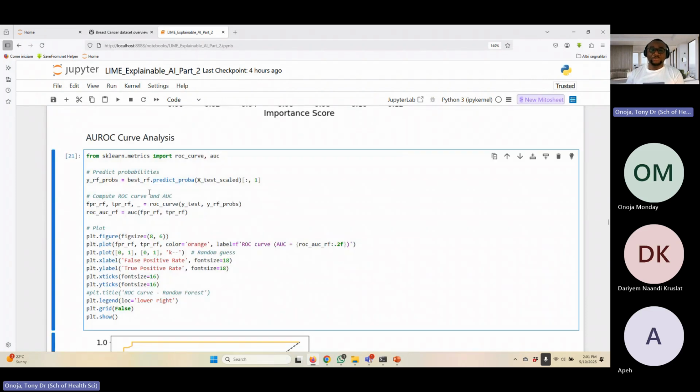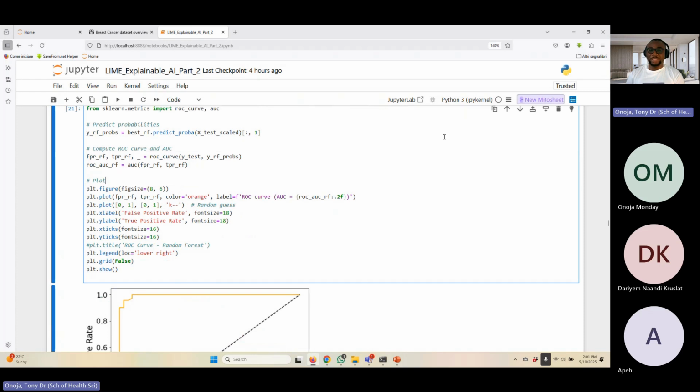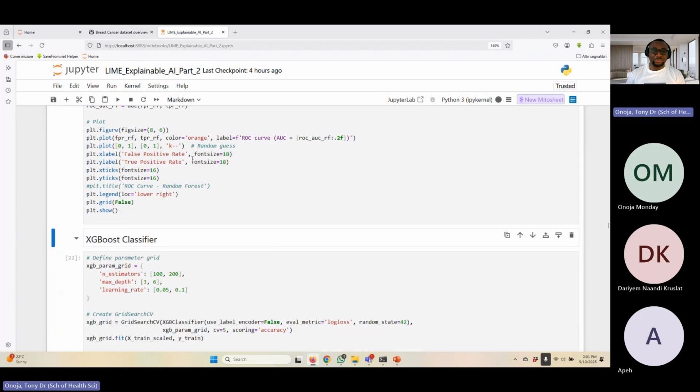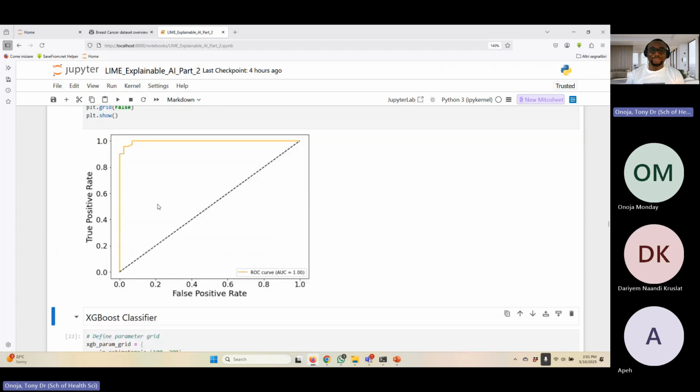So we would also like to have a plot of the AUROC to see what areas we are leaving to chance and which areas we actually get correctly. So the AUROC is very good. We have around 100, but of course, I'm not agreeing with this because this is super, super good. If I have an AUC of more than 96, 97, I really question if what we are having is not